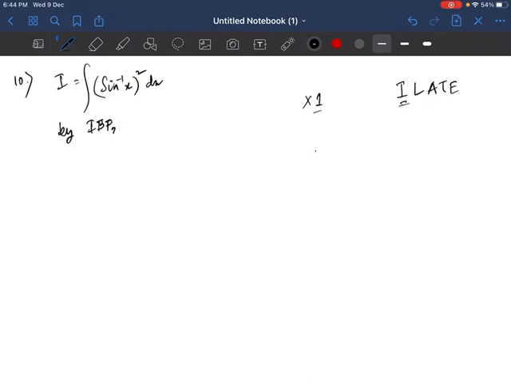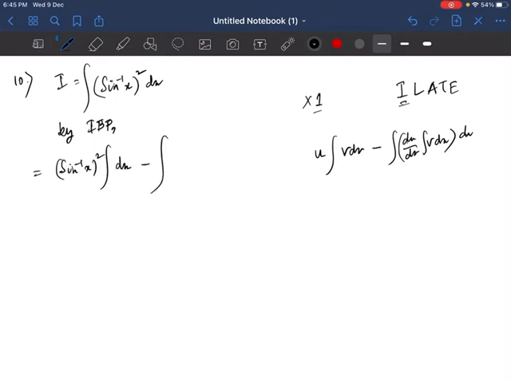So what we have, the formula, I'm going to write the formula again, u integration of v dx, then minus integration of du dx, then integration of v dx, then the entire thing dx. This is what we have. So let us do this one. So we have integration by parts, u is sine inverse x whole square. So sine inverse x whole square, integration of v dx, v is 1, so we have dx, minus integration of, now differentiation of sine inverse x whole square is what? It is 2 sine inverse x, right?